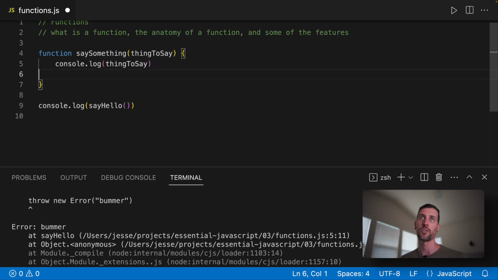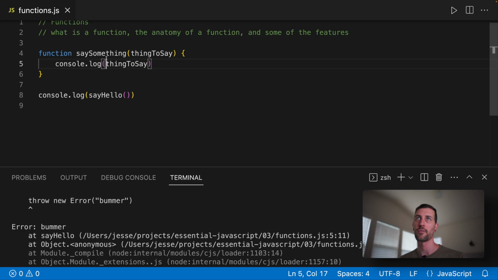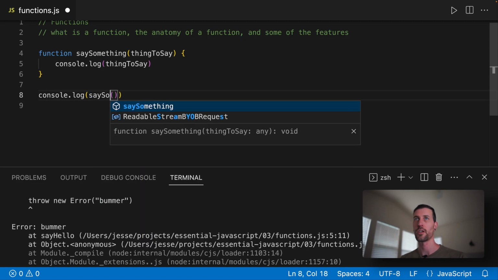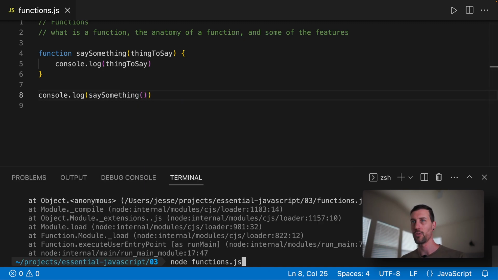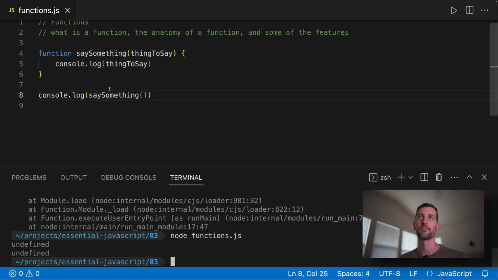And I'm going to get rid of our return because we don't need it. And say something. Whoops. Say something. Well, now. Oh, I didn't pass anything to say, so it just is saying undefined. So when we call it, and without logging it actually, so this will probably be a little more clear, when we call it,